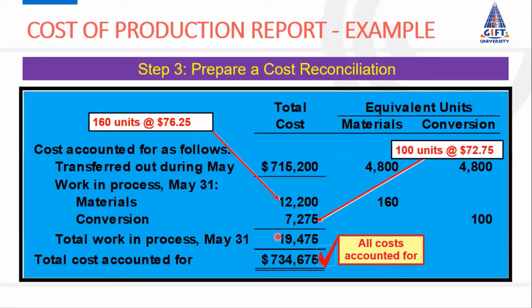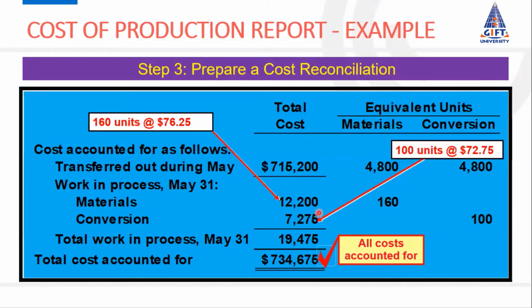And for conversion cost, the equivalent units were 100. We have converted the 400 incomplete units into completed units of 100. So 100 multiplied by 72.75, which was the conversion cost per equivalent unit calculated in the previous table 2. When we multiply this, that would be